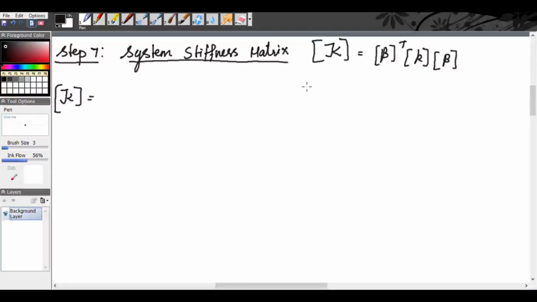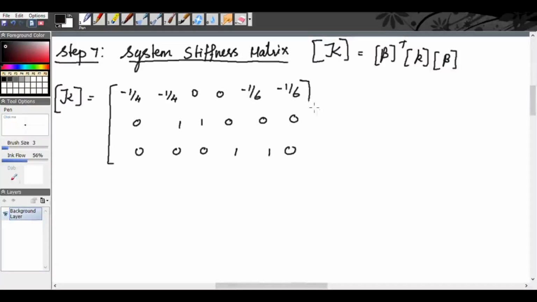So we get our capital K, the system stiffness matrix. As we write beta transpose, we will interchange rows and columns. So we get minus 1 by 4, minus 1 by 4, 0, 0, minus 1 by 6, minus 1 by 6, 0, 1, 1, 0, 0, 0, 0, 0, 0, 1, 1, 0, into the small k matrix. What is the small k matrix? We have found it in our previous step. The small k matrix is EI into